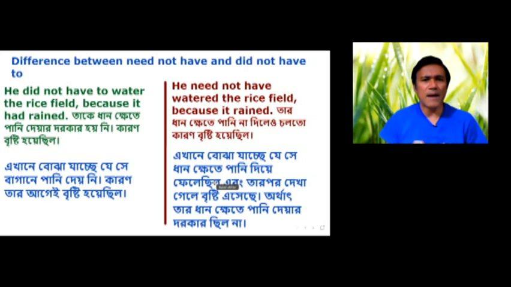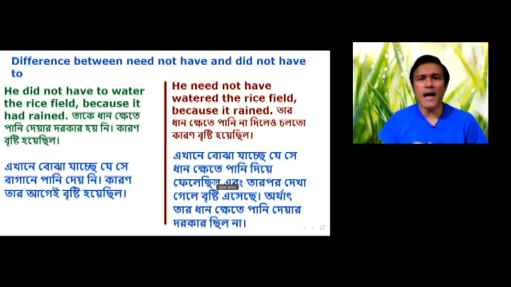He did not have to water the rice field because it had rained. তাকে ধান খেতে পানি দেওয়ার দরকার হয়নি কারণ বৃষ্টি হয়েছিল। এখানে বোঝা যাচ্ছে যে সে পানি দেয়নি কারণ তার আগেই বৃষ্টি হয়েছিল।